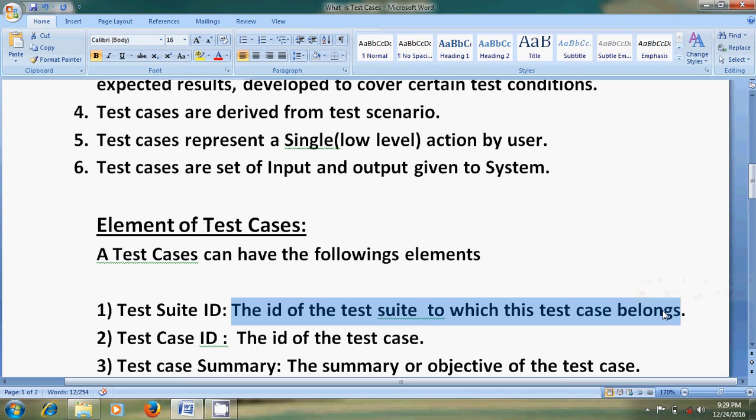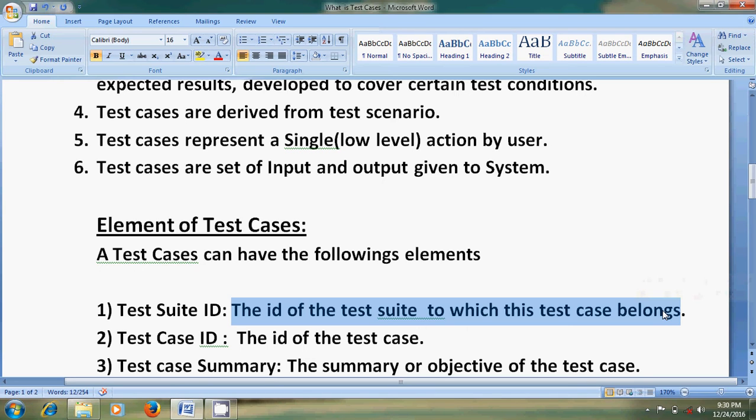Third, test case summary, the summary or objective of the test case that explains why we are doing this type of testing. Fourth point, related requirements. Fifth point, prerequisites. Sixth point, test procedures. 7, test data. 8, expected result, what are the expected results of the test case. And 9th, actual result, what are the actual results.